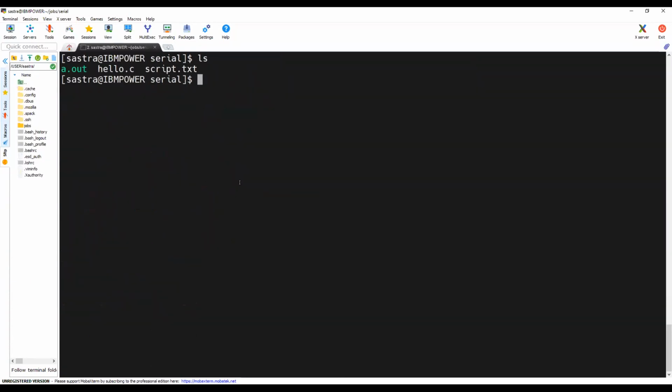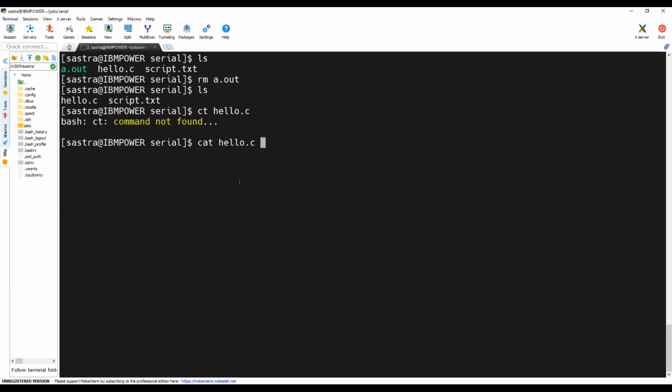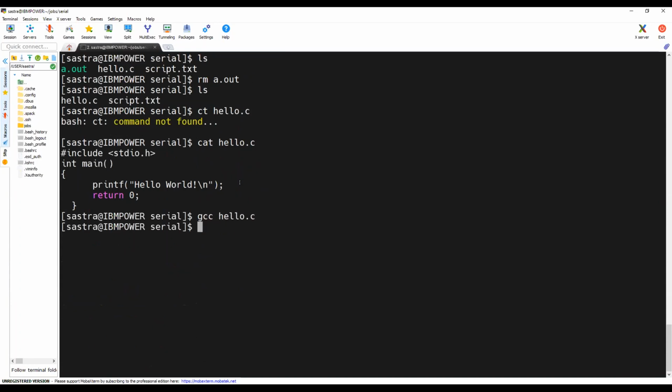Here I have a simple C program. I'm going to compile and run this program, and here I got the output. This is an interactive run.